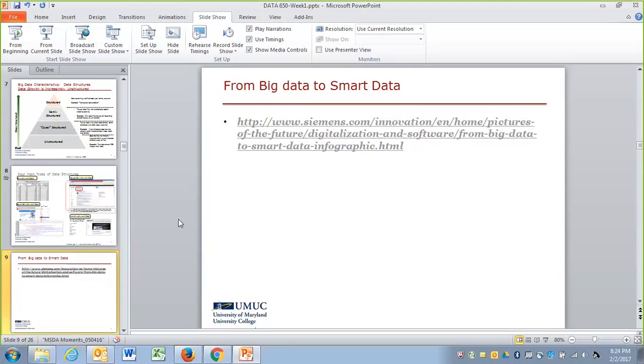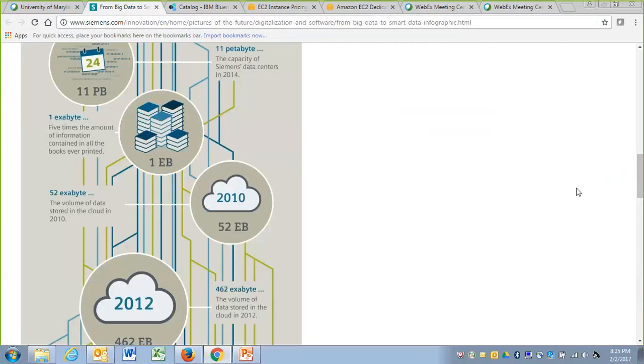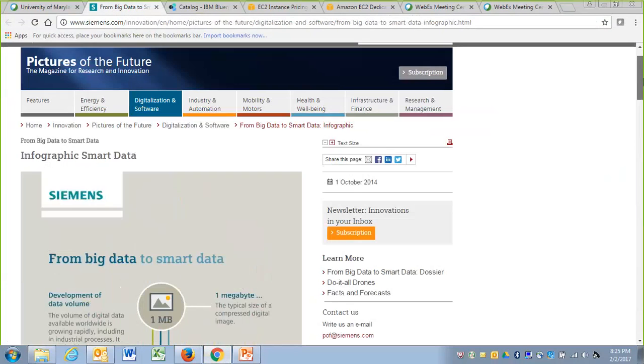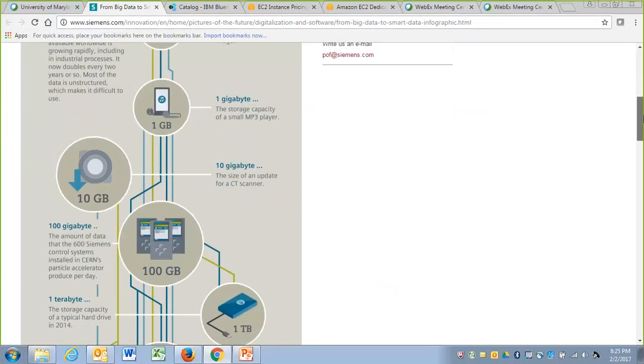Now there is the value of big data and the transition to smart data. I'm not going to talk about this. I'm just going to briefly share this link with you. When you open this link, I'm going to post the link in the class. There are many valuable references about what we understand by smart data, and they are very well summarized in this graphical representation. Siemens represented this about 2 years ago, I think, in this publication.